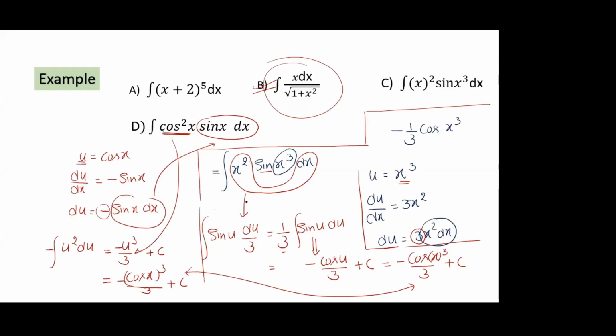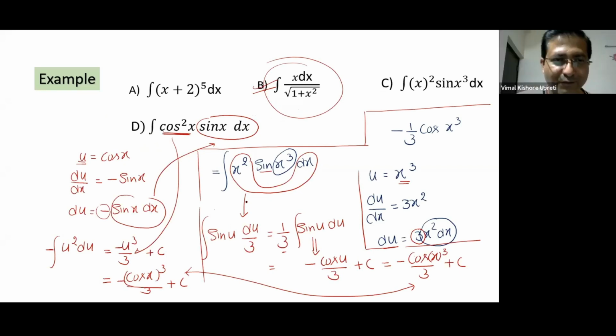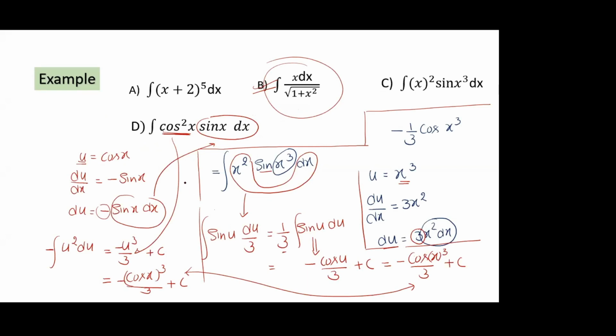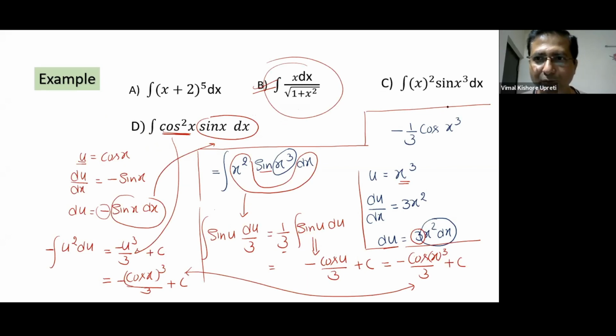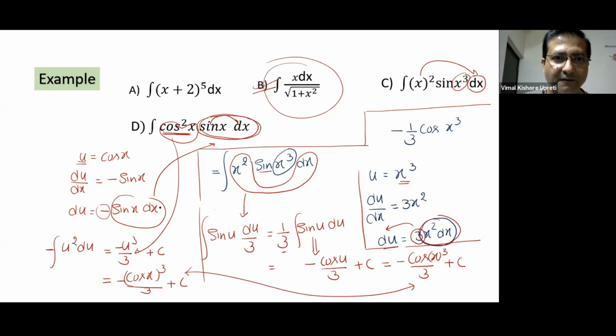No, first try to listen to what I am saying. If you understand the difficulty now, then only you will approach the problem correctly. In all of the previous problems, see here I assumed x cube as something so that this x square got merged with dx, and then I directly assumed du. Similarly, here I assumed this to be something so that this additional function gets merged with dx.